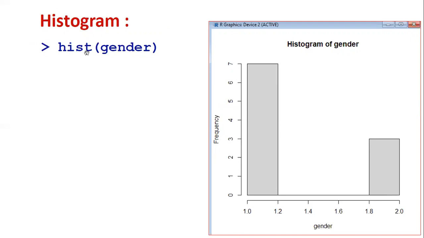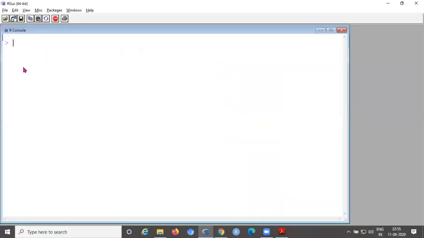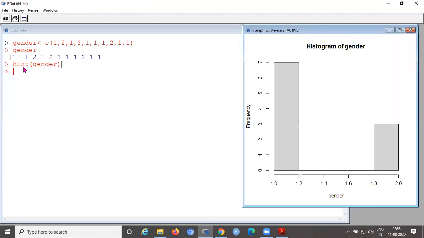Now we will also execute this one. First call the gender data. This is the gender. Now apply hist of gender. Now you can see the difference between bar plot and histogram.